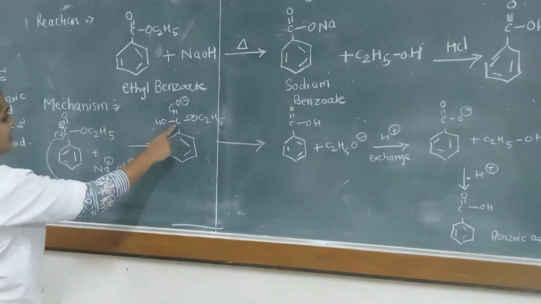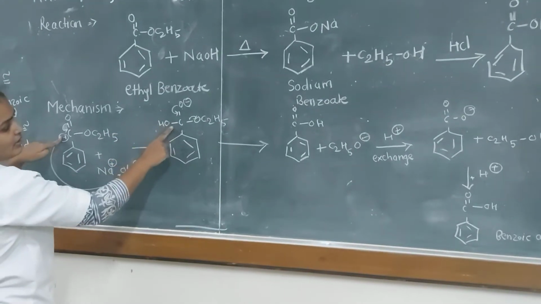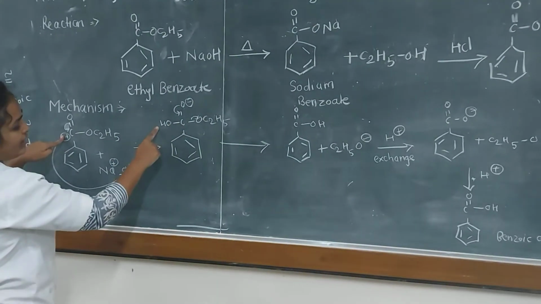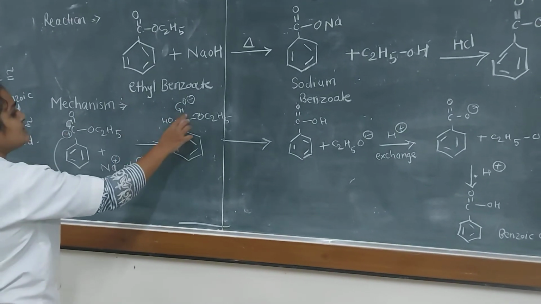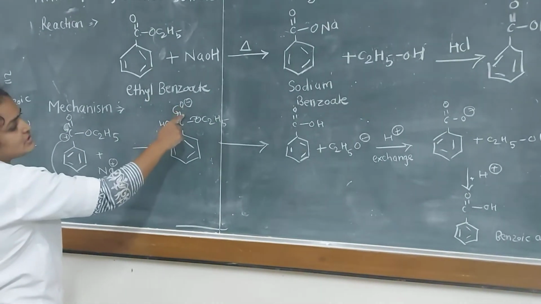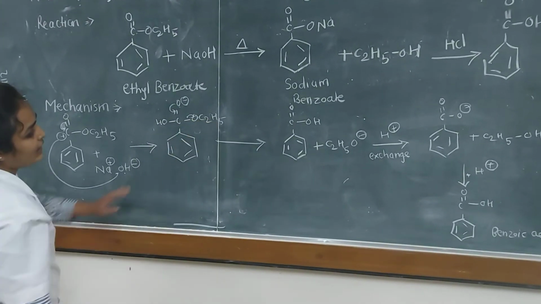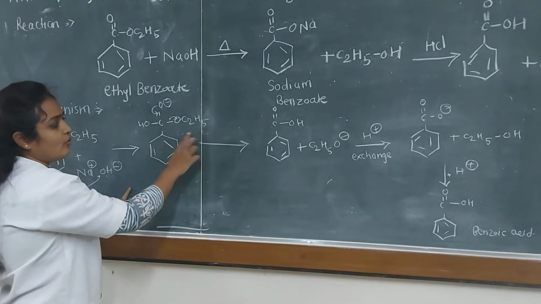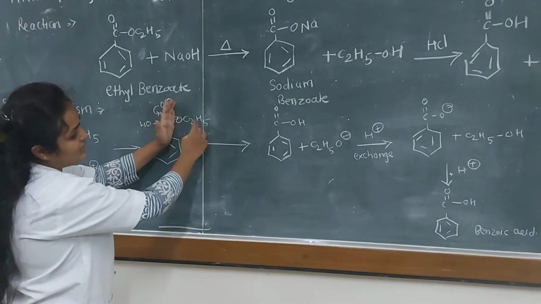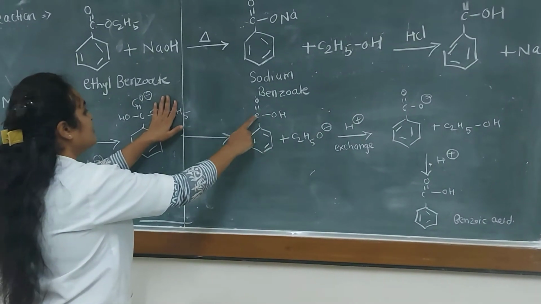C OH minus. Here is the carbocation and this OH minus ion attacks here, which means the formation of a CO bond: C OH, the remaining structure the same, C double bond O. One bond is shifted here, which means the formation of CO minus, CO minus OC2H5. Then in the next step, this OC2H5 is removed.